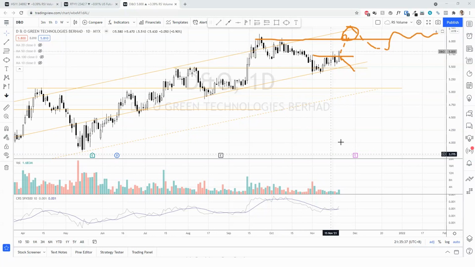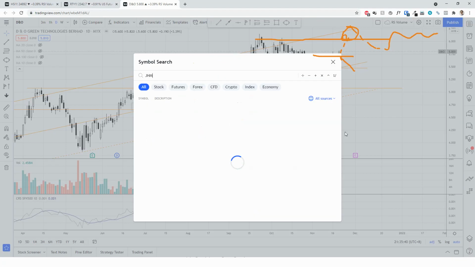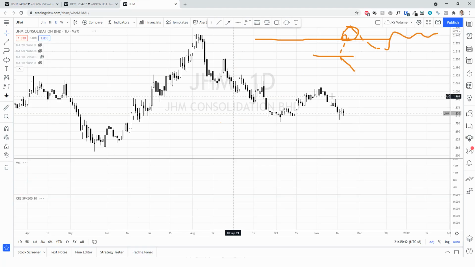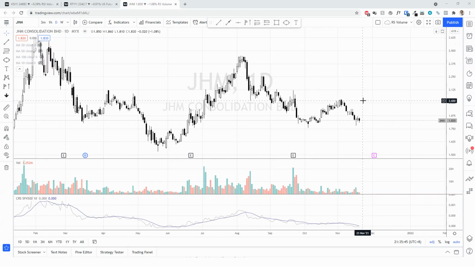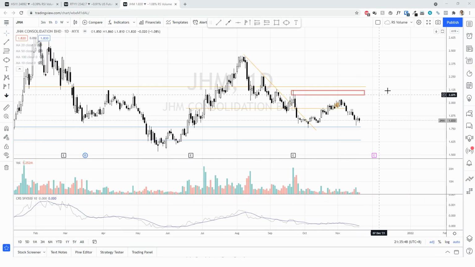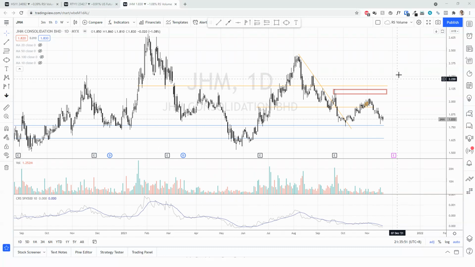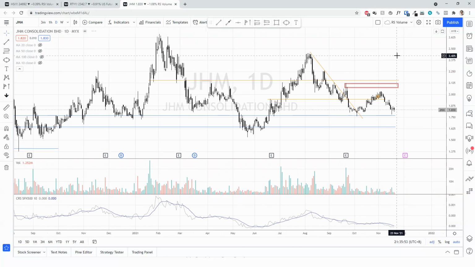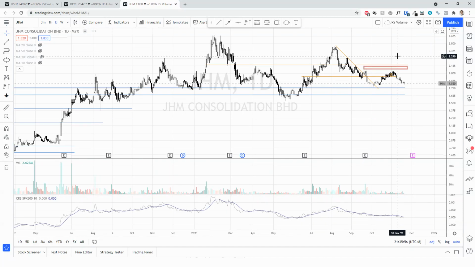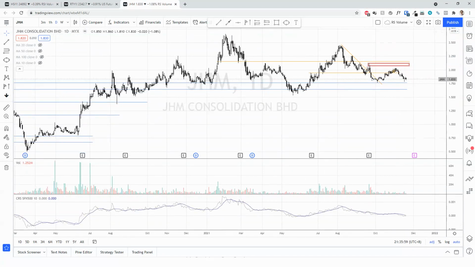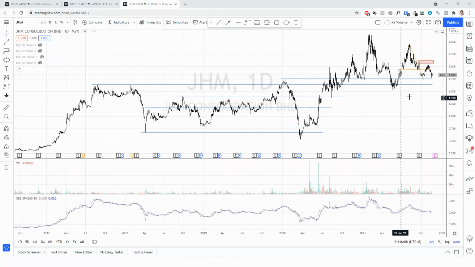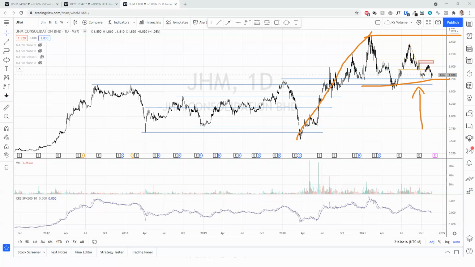Sure, that's JHM. Actually, I think I still haven't covered KGB, so I do want to cover KGB. KGB is one of the questions as well. Well, JHM, as you can see, is in a range. This is a big range. But if you really look very long term, we're still within this sign of strength rally, a huge backing up action, but it's still stuck within the backup action range.